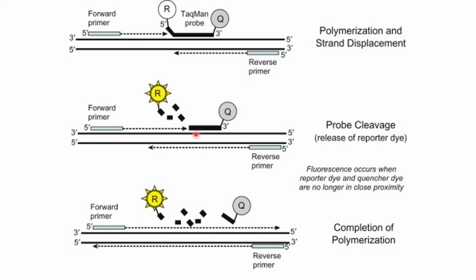So TaqMan is a fluorogenic probe based PCR assay in which, situated between the two PCR primers, is an internal oligonucleotide probe with a fluorescent label attached at the 5' end and a quenching molecule attached at the 3' end. The internal oligonucleotide hybridizes to the template and is digested by the 5' to 3' nuclease activity of the Thermus aquaticus or Taq DNA polymerase. This will get digested only if DNA replication is properly occurring, separating the fluorescent and the quencher molecules. So PCR products can be